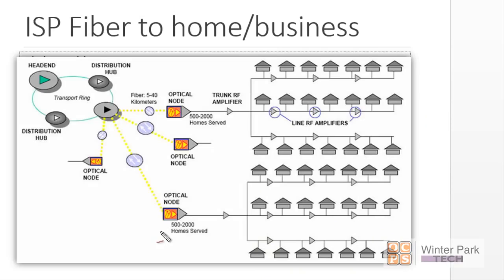If fiber optics is being used by the ISP, you can see some of the components and the major elements. You've got your line amplifiers throughout your neighborhood or your business zone. You could have a commercial business zone and have the line amplifiers keeping that light at a level that sustains good visibility through the fiber optic cable. Trunk amplifiers, optical nodes, multiplexers and distribution hubs and all of this, and then of course your head end. So this kind of gives you an idea of what is taking place, whether it's coax cable, whether it's a PSTN provider, or it's fiber optics being delivered to your home. It's very